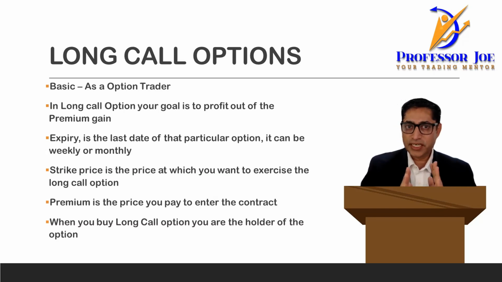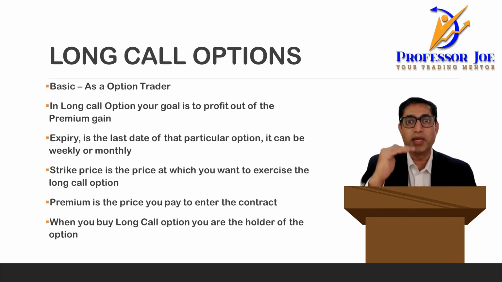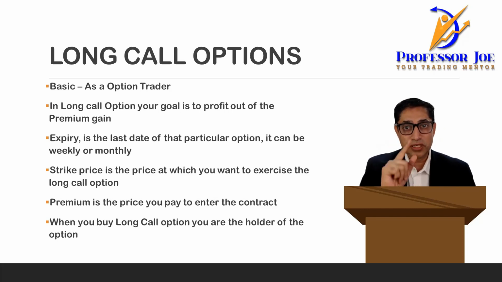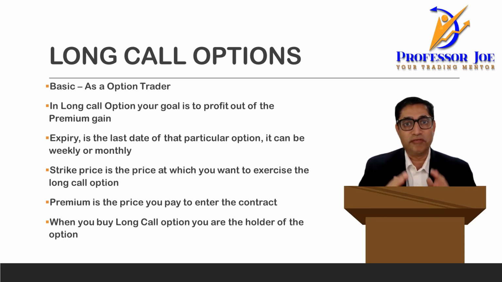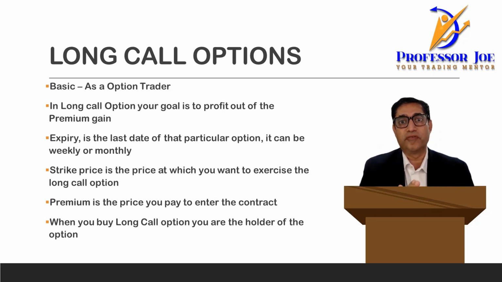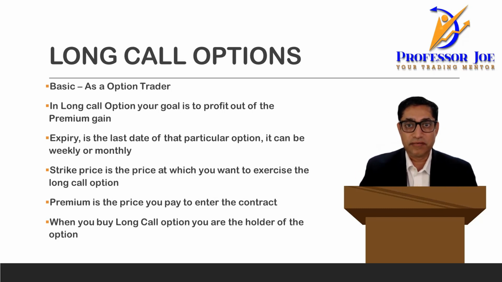Now, as I said, the first condition is in long call options, when you are entering the market, your goal is to make profit in the premium. So if you enter at 100, if you make 110, exit. Second, when you are in a long call option, never wait till the expiry period. So if you're in a weekly option, try to exit a couple of days before the week ends or the expiry date ends. If you're in a monthly option, then try to come out of the option at least a week